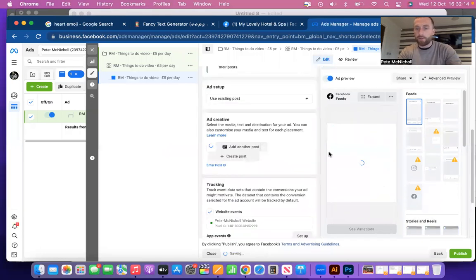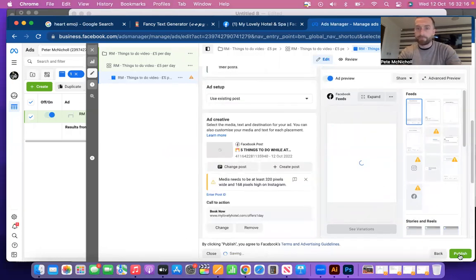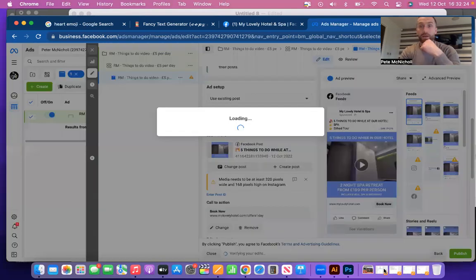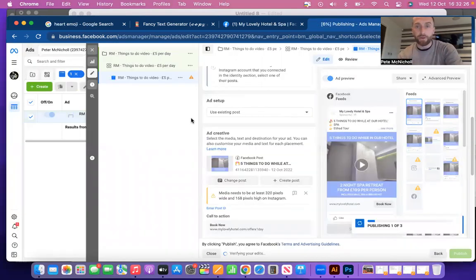So now that's up and running. All you've got to do is click publish. Once you click publish, in the next 1 to 2 hours, you're going to get your ads accepted. This won't get accepted because it's pointing people to a fake website. I'm just going to stop sharing. There you are. So folks, that's how to set up your advert for getting more 1 and 2 night stays